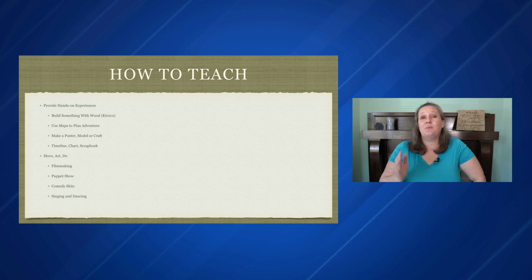And I don't know if you feel this way, but a lot of times I look at all these things and I think, but they're not learning. They're not learning how to read, they're not learning how to write, they're not learning grammar. They are. This is what is so hard, the way that we've been taught is that it must be worksheets and it must be graded and it must fit within this paradigm of what learning looks like. These guys, the reason they're not doing well in school is because that is not how they learn. This is how they learn.